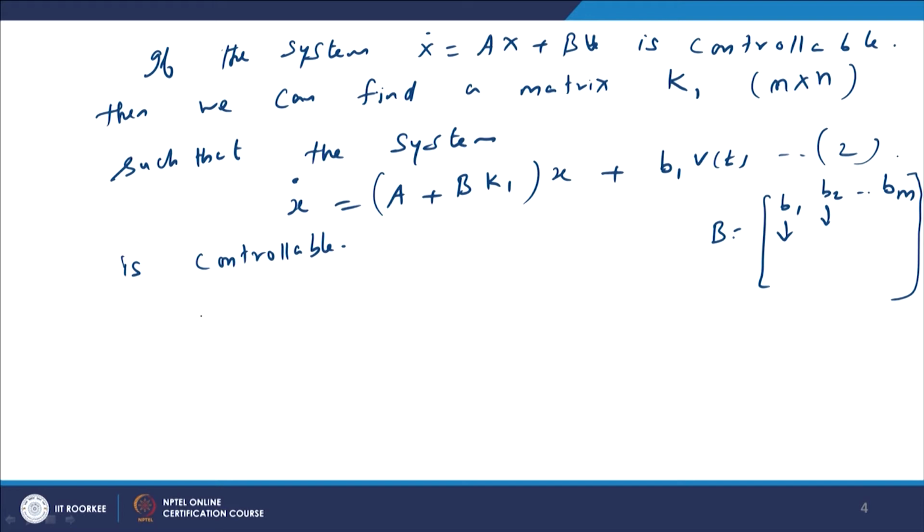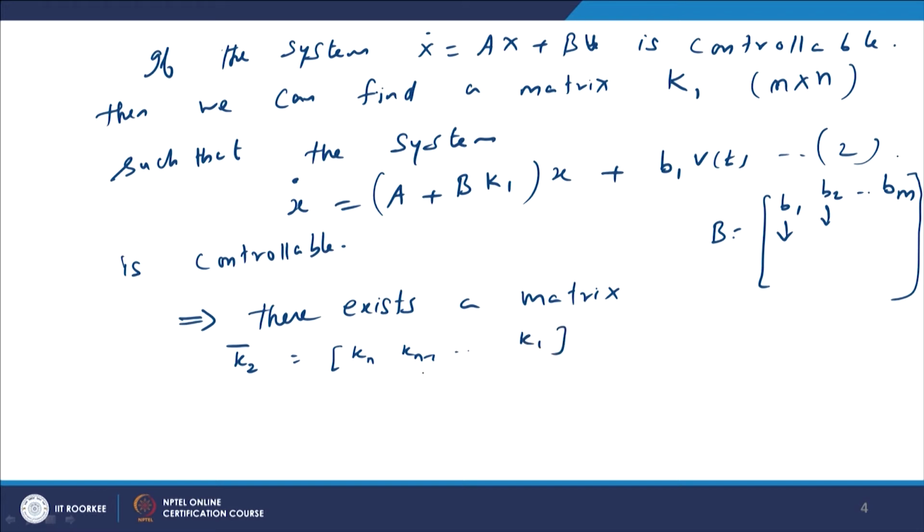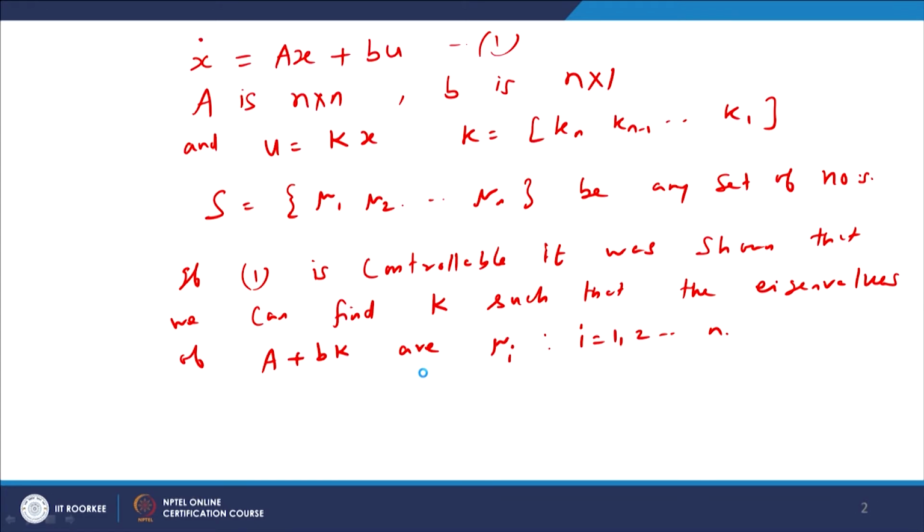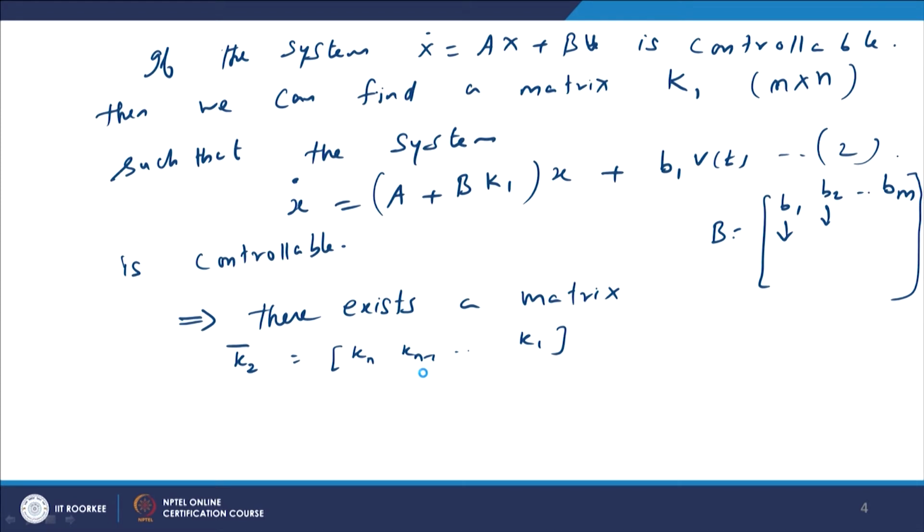Now, since system 2 is controllable, this implies there exists, or we can find, a row vector, let us say K2 bar, like Kn, Kn minus 1, up to K1, as proved in the first theorem. That is, if B is a column, then we can find a matrix K such that